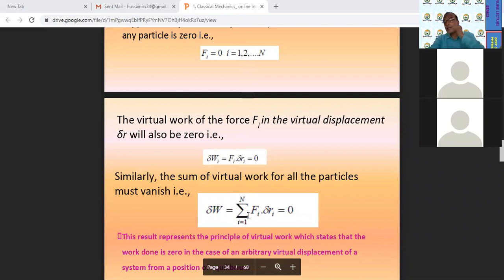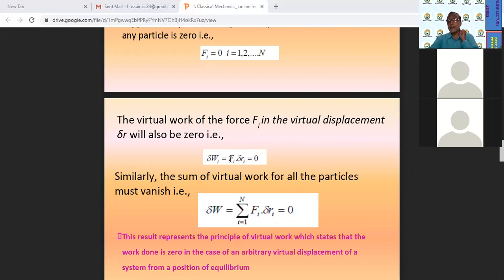And therefore if the force acting on the ith particle is 0, then the virtual work, क्योंकि work तो किसका है, force into displacement, and therefore the virtual work of the force Fi in the virtual displacement delta r will be 0, क्योंकि फोर्स इंटू डिस्प्लेसमेंट, एक फैक्टर 0 है, ये जरब में है, लिहाजा delta Wi, total work done by the ith particle in moving in the system of particles from one place to another place, is Fi delta r equal to 0. क्योंकि Fi 0 है, अभी बता दिए ऊपर, delta r अगर है भी virtual displacement तो वो कुछ भी हो, लेकिन फोर्स बाहर से 0 है, लिहाजा work is equal to 0.